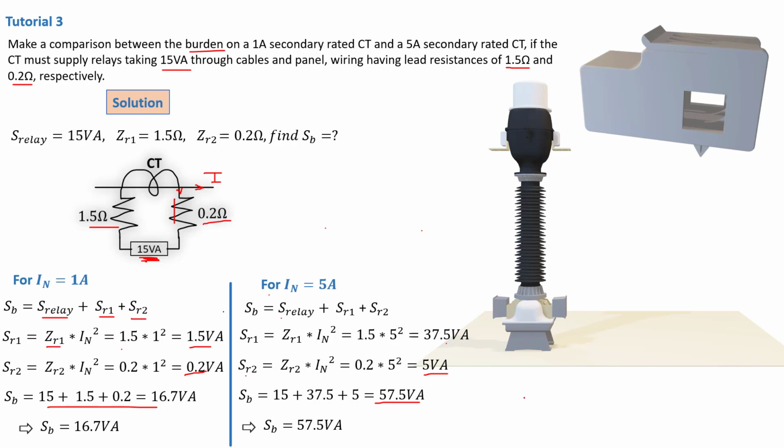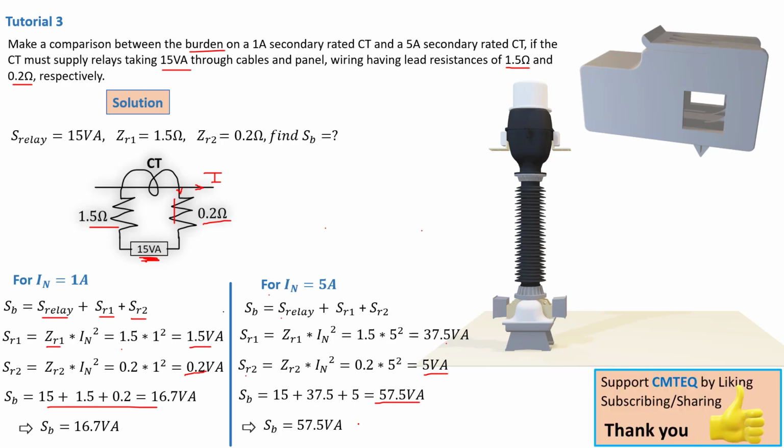So this basically means if you're going to have a relay that's rated at 5 amp and a CT is going to be supplying 5 amps, you have to make sure that you choose a CT that's got a higher VA rating, because that basically means your burden is also going to be higher. So if you take a lower rated CT, you're going to have problems dealing with all the other overloading issues on your current transformers.